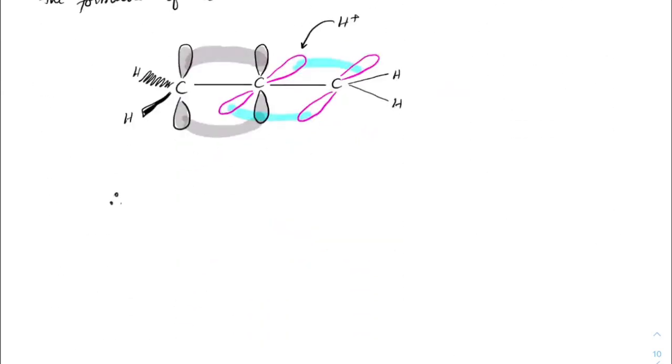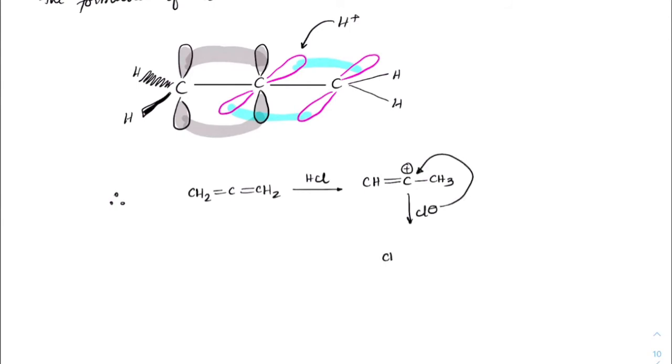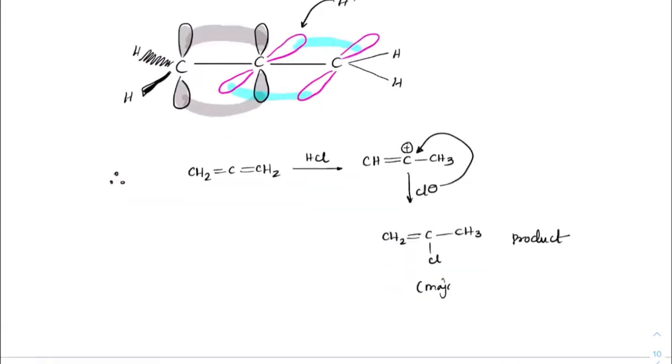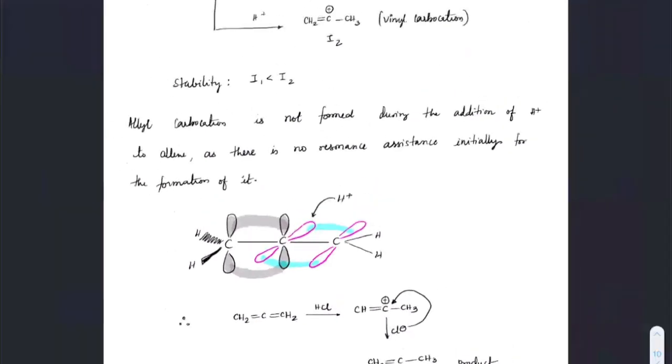So therefore, what is the product formation here now? So if you take CH2 double bond C double bond CH2 plus HCl. So it could take two routes, but which route is more preferable here? So we'll get C positive charge with CH3. This route is more preferable with Cl minus getting added onto it. So we will get this as CH2 double bond Cl and CH3. So this is the product which is formed. Okay, and this would be the major product. The other product would be minor product. Make a note, everyone.